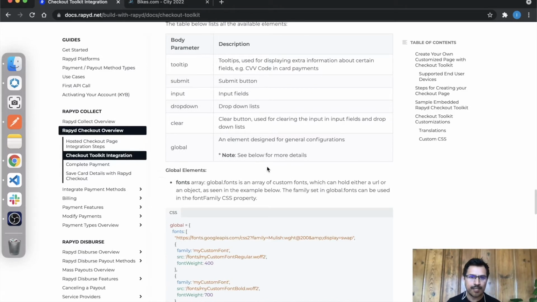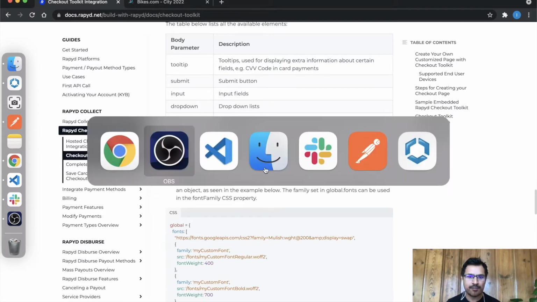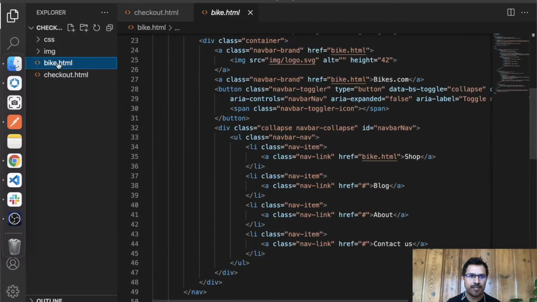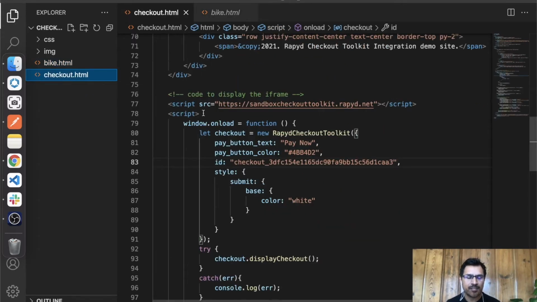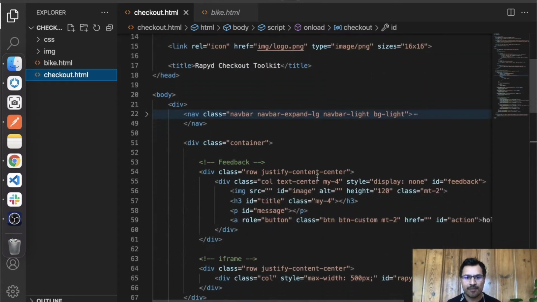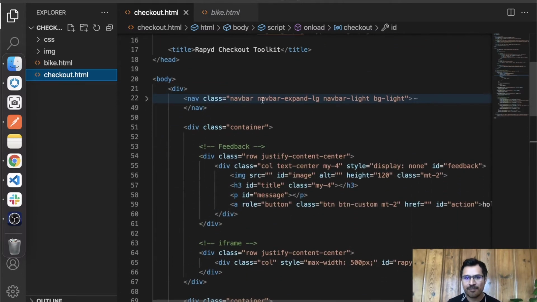So let's jump into the code already, and here I have a very small website, where this first page is the page that shows the product with the Pay Now button. And the second one is the checkout page, where we are going to insert our code for the checkout experience. It's a very simple web page. I just have a navigation bar,